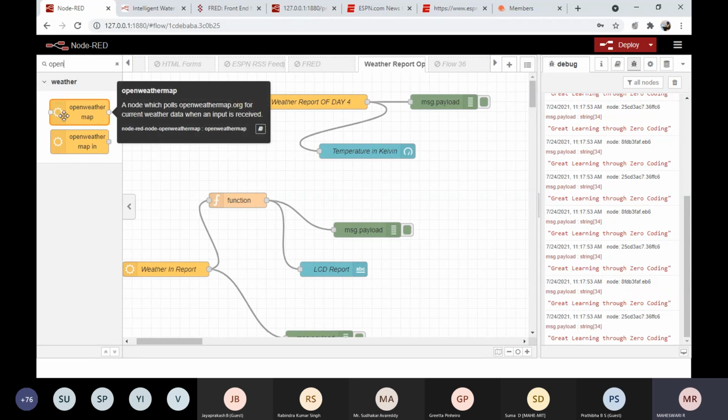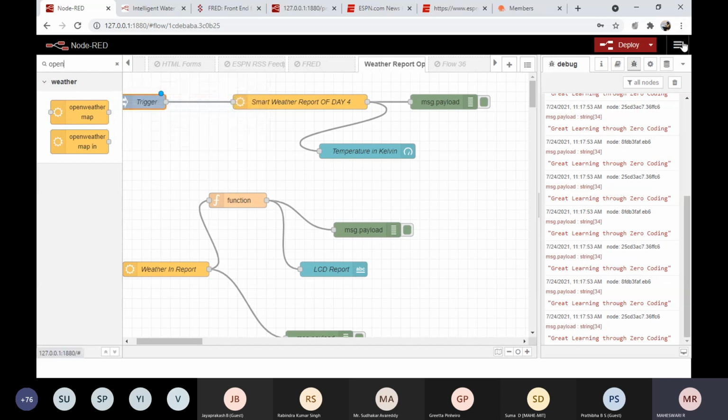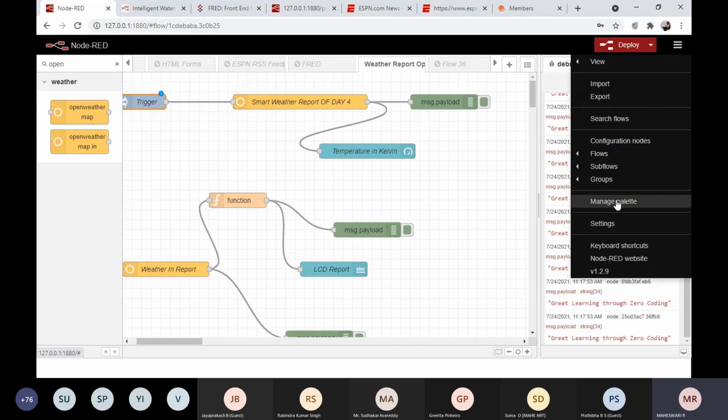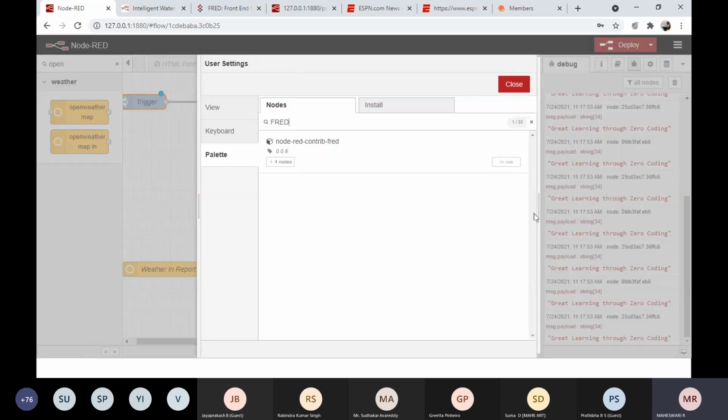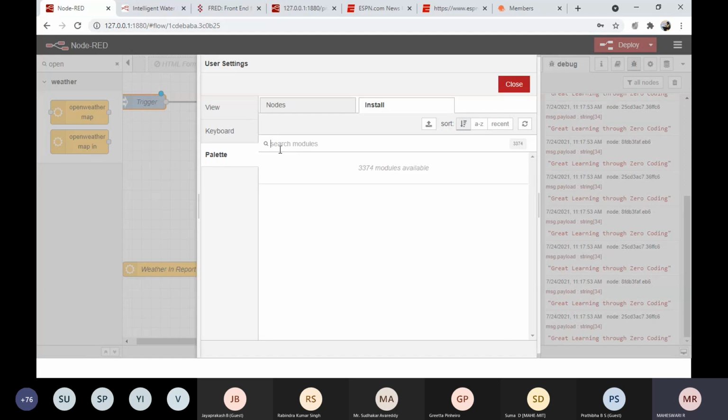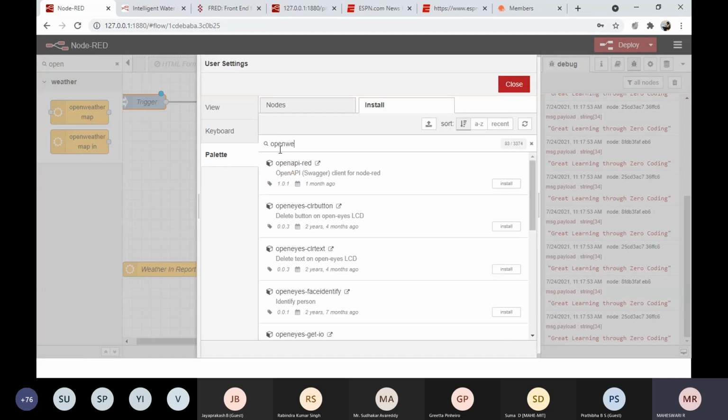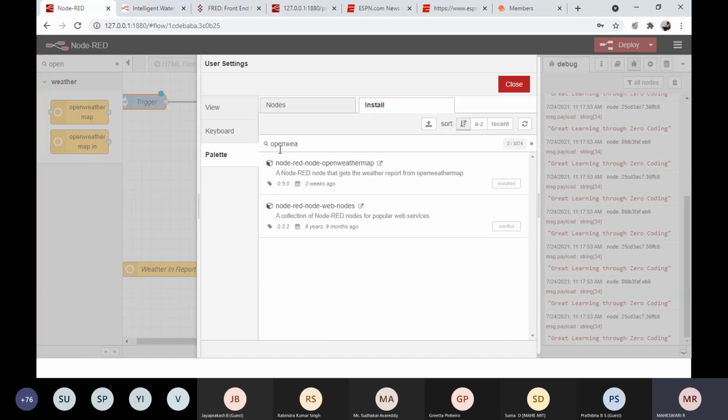If you want to install it in your palette, you go to manage palette, click install, and type open weather. There is node-red-node-openweathermap. This option is available. You can take this option and click install, and it gets installed automatically.